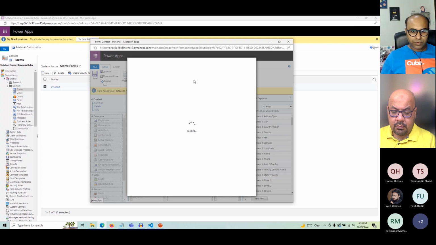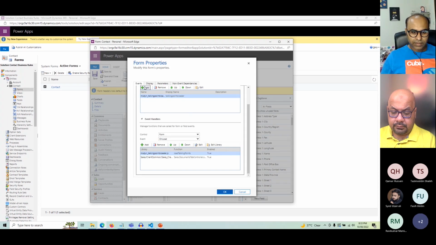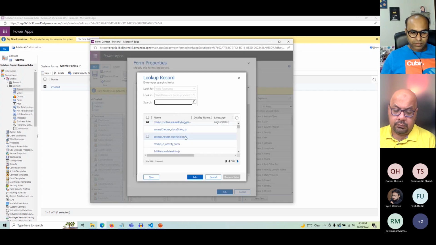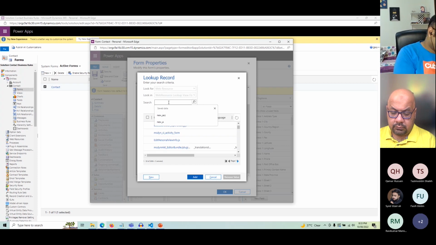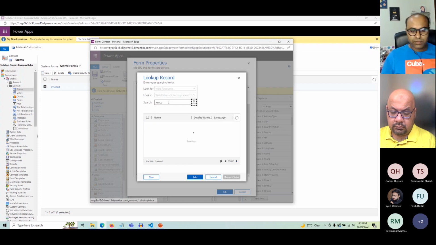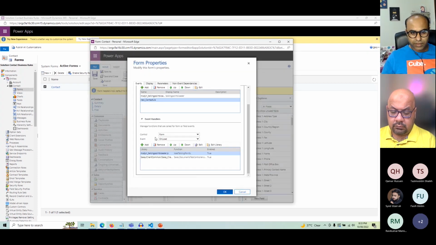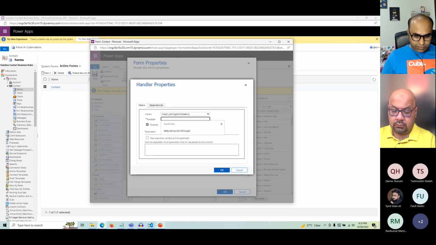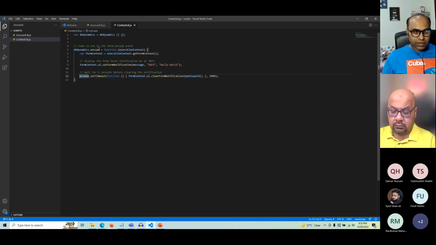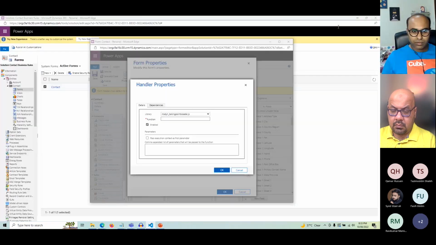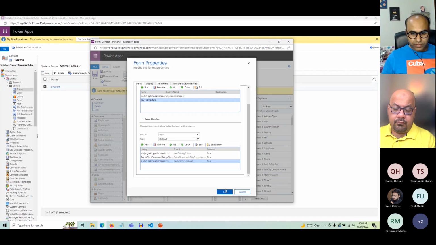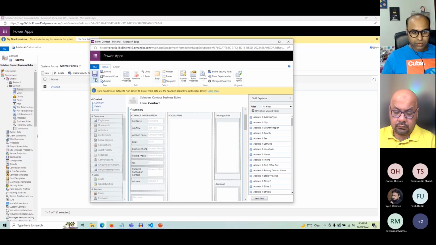Okay, I'll say form properties, add. I will select library, and then I say add. What's my function name? It's for dynamics, and again pass execution context. Okay, save,